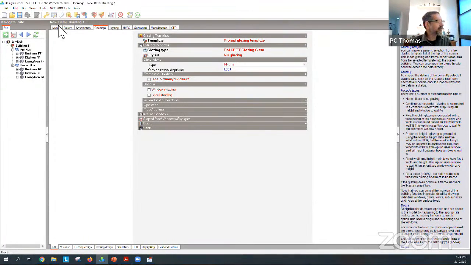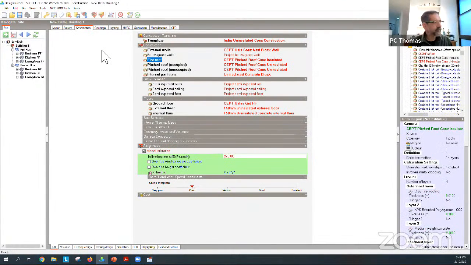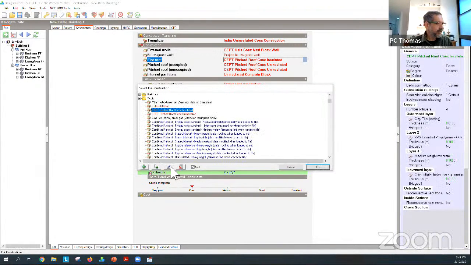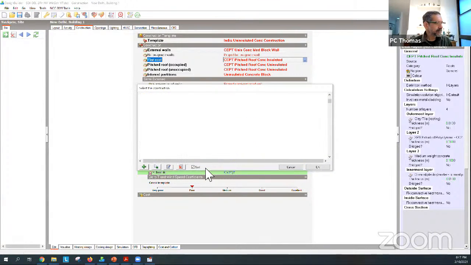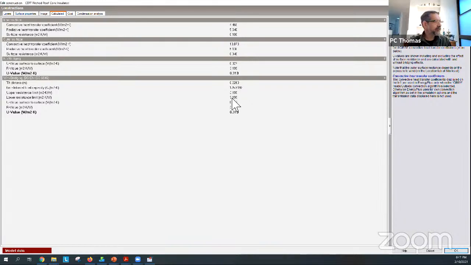One quick thing I forgot to show you under constructions, which I'll just cover, and then we can take questions. And that is that when we were doing that U-value calculation, let me pick that. Okay, there's an insulated roof. I wanted to pick that. And let me examine that. Okay, here's your thing. If I did the calculation for that, then I get a U value of